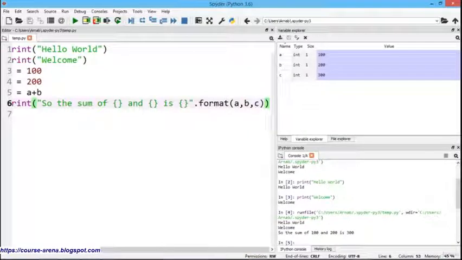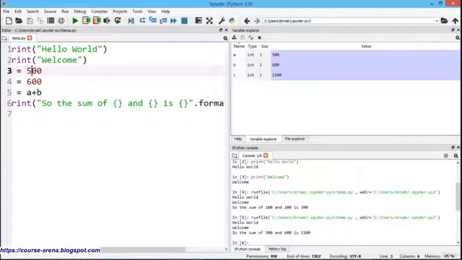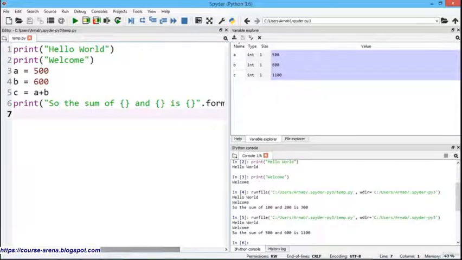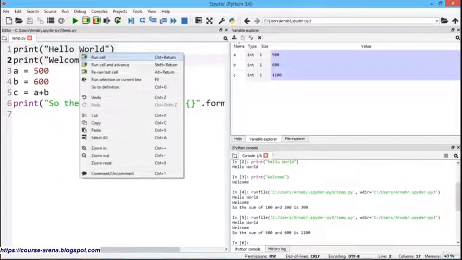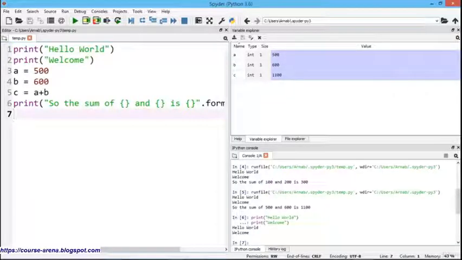We are having the variable explorer here. You can see the value of A and B and C will be displayed. You can find that the values of A and B and C are getting displayed. So I'm just making this one as 600, making this one as 500. Now if I go on executing, you can find that the values have got updated. So there is another advantage of this Spyder. Here also you can have the line by line execution. As I told you, if I mark this and go for run cell, only these two lines are getting executed. So that is another fantastic way to execute this Python program.